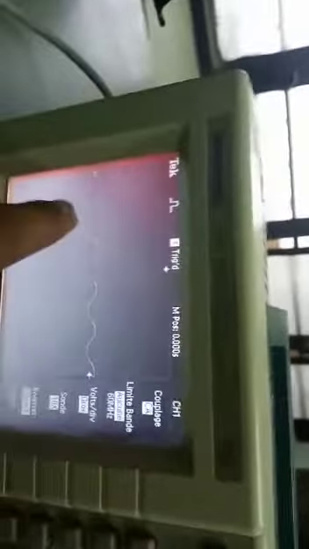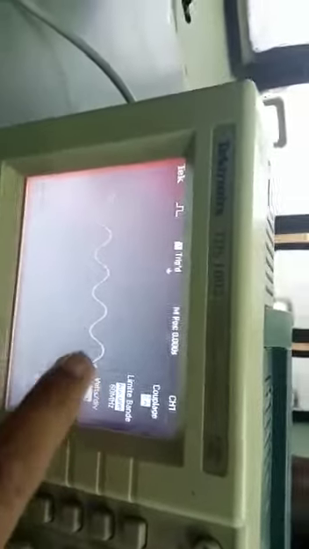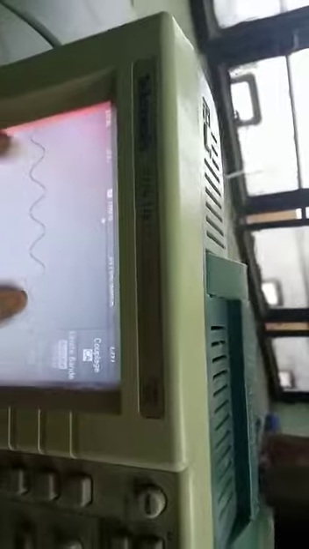Now the signal is passing through the emitter circuit. This signal has been converted into a light signal, and now this light signal will be transmitted. You can see the frequency is the same, 60 megahertz, and the signal is the same. Now I will show you the output of that signal. This is the output of the signal.